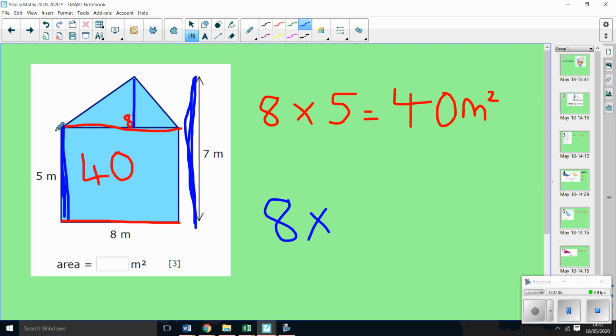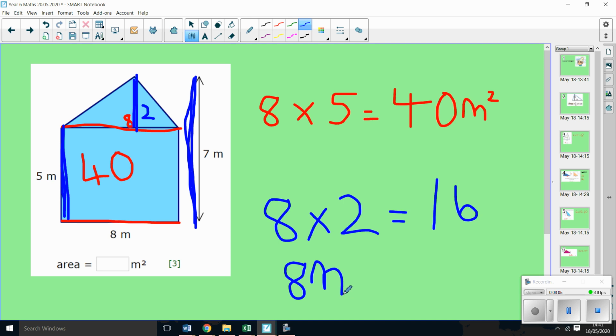So if this part is 5, the whole length is 7, the remaining part here must be 2 meters. So we're multiplying the height of the triangle, which is 2, by 8 to get 16. Don't forget to half your answer. Okay, so half of 16 we know is going to be 8